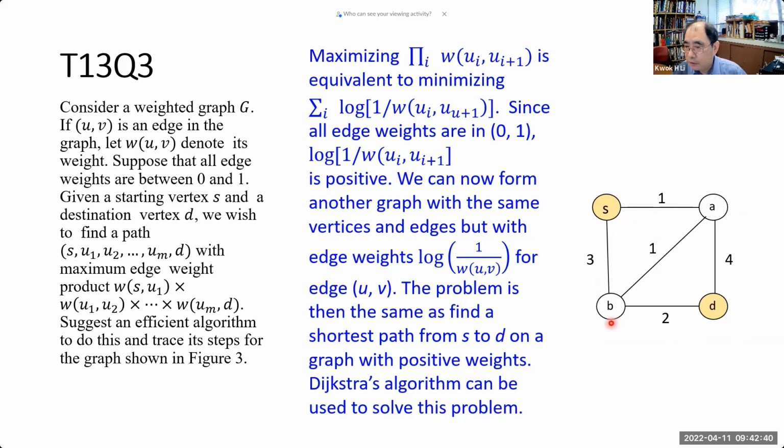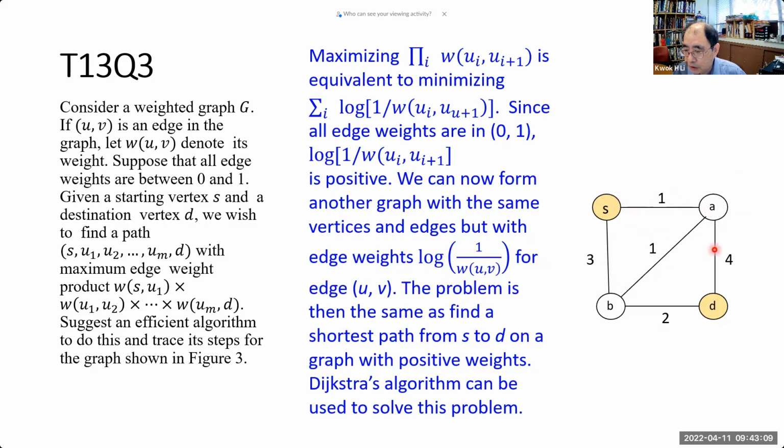But when we take the log, this one would be minus 1. We want to get rid of the minus sign, so when you take the log, you should take 1 over something. In this case, the 1 over 2 becomes 1. And this 1 over 16 becomes 4, this one becomes 3, this one becomes 2, and this one is